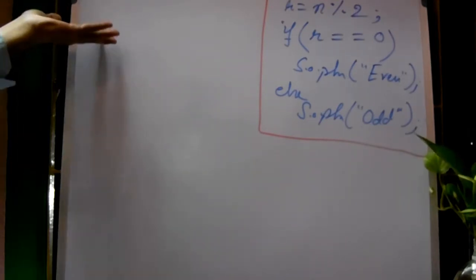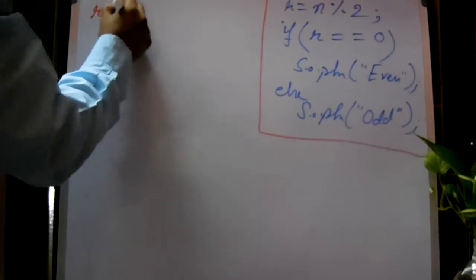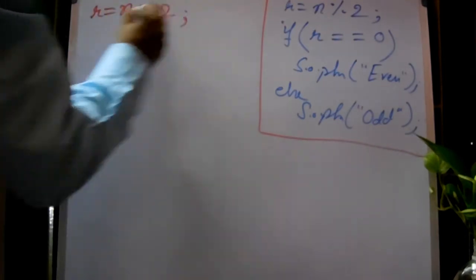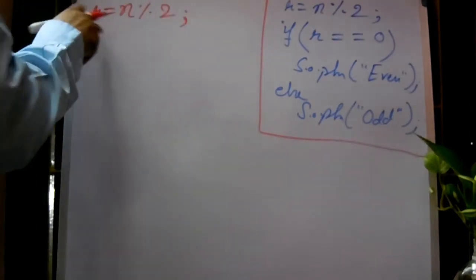But practically in the machine, you must write the full statement in the same line, always remember. But in the case of theory, it might not fit into that particular page or line, so at that time you must change the line. So in this example, we will first find the r value with n mod 2. From here we are getting the remainder.